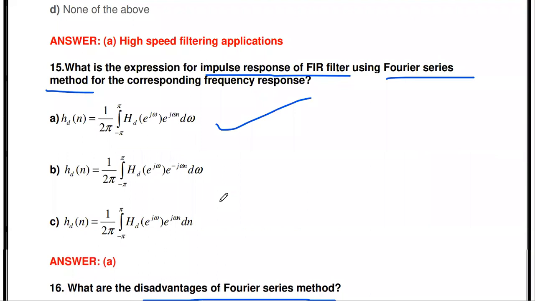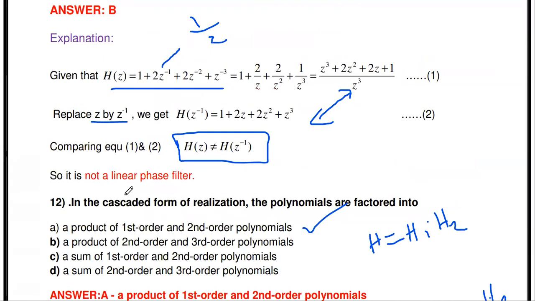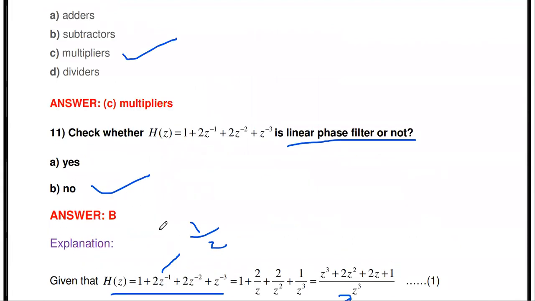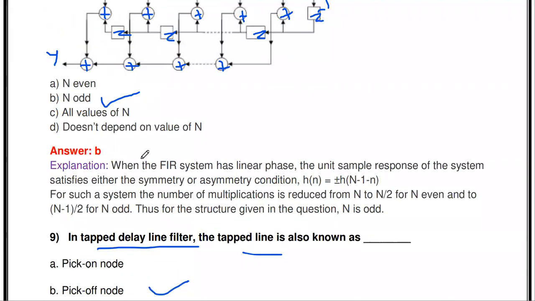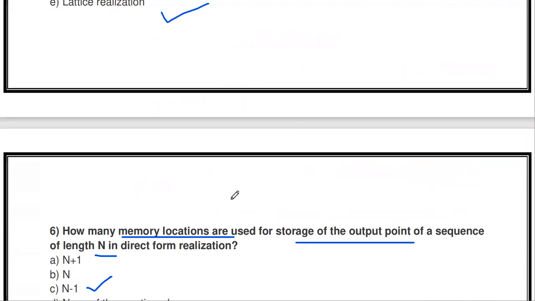Okay, so these are some of the questions about the realization of FIR filter. So there may be a chance to ask the diagram, the transversal diagram, that is the direct form realization of the given FIR filter H of z. Okay, so that's also one of the 2 mark questions that may come, you just see.